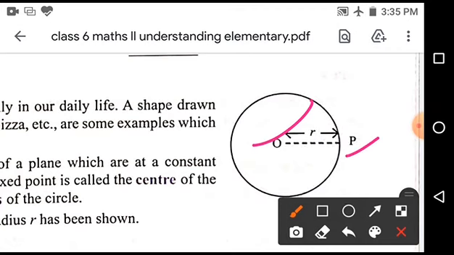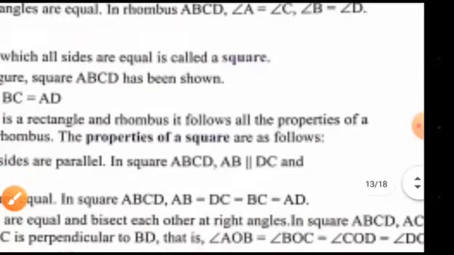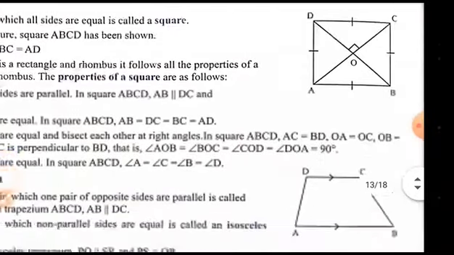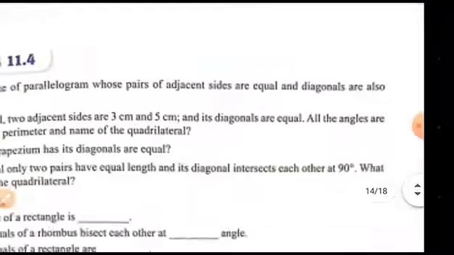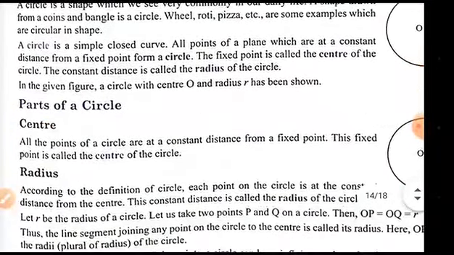Here P is a point which lies on the boundary of a circle. This boundary is known as the circumference, and the distance between the boundary and the fixed point O is called its radius. Radius is just half of its diameter. Diameter is the distance between any two points on the circumference. But there is a condition, this line should pass through the center. Clear? Okay children.